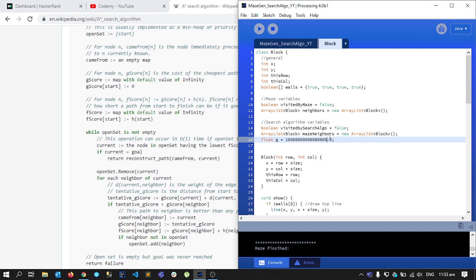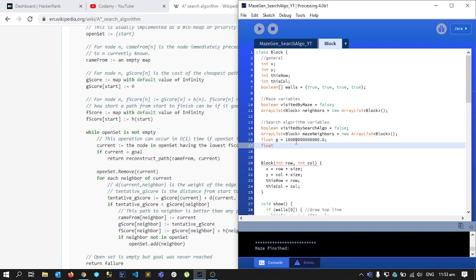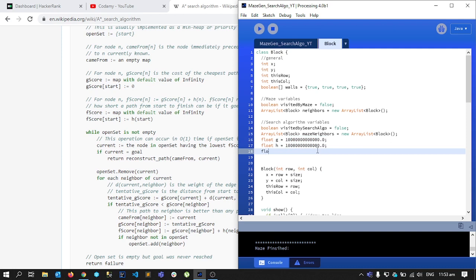Okay, so it is not giving me an error, but I do know that there is some limit and I don't want to count them. Let's start with this number because it is pretty large. I think that's pretty good to go. And then there is a heuristic value, and that also has a value of infinity. Then we will give the same value to h also, and then there will be an f value, but the f score will be computed for each block as we go along,